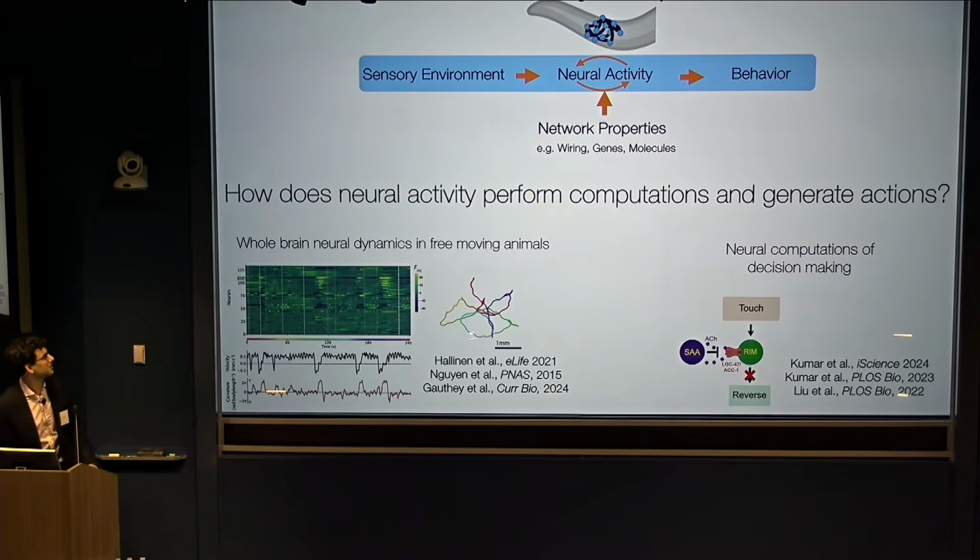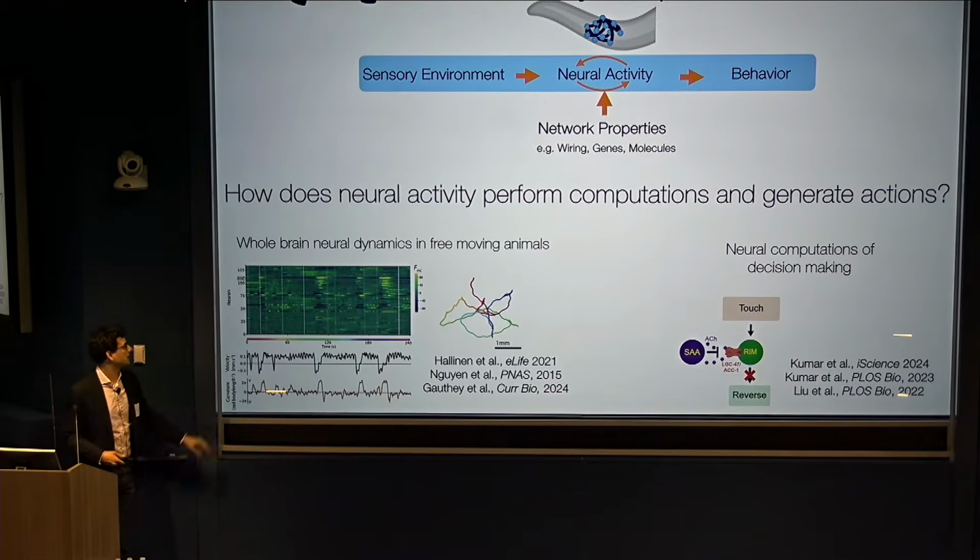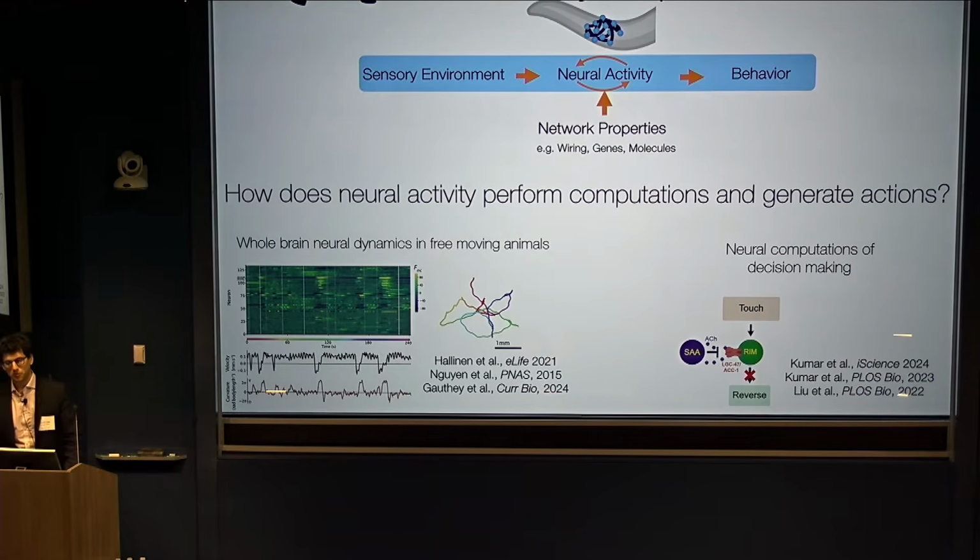So for much of the Simons Foundation period, we focused on studying how patterns of neural activity generate actions or represent information from the environment. We've done this in freely moving animals to study neural dynamics underlying locomotion, or we've studied neural dynamics of decision making. And over the years, we've gotten more and more interested to try to understand, well, in addition to